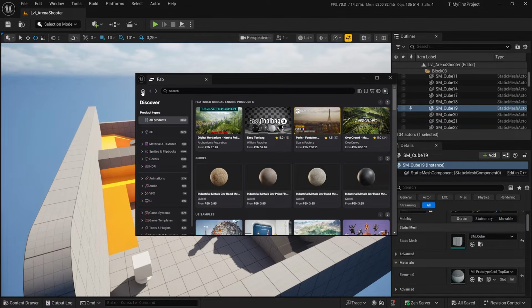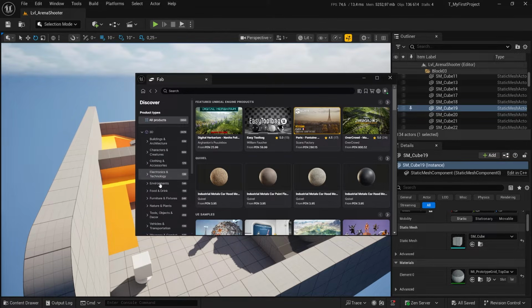Let's go back to the menu and make sure that you log in just so any asset that you are getting, you actually get it to your account. So what do we want? We want environments. Here in 3D, we're gonna search for environments. And in this category,